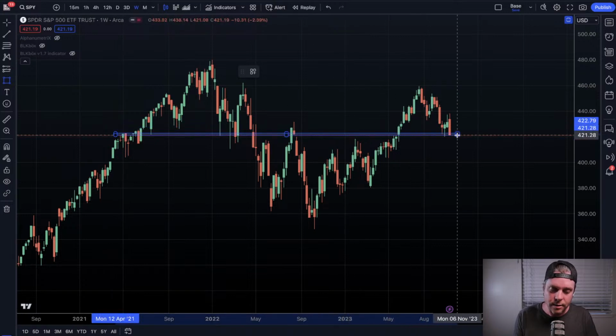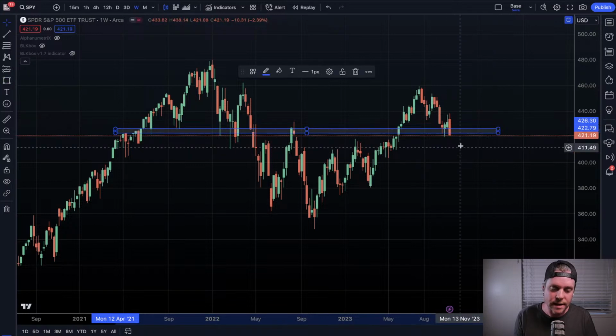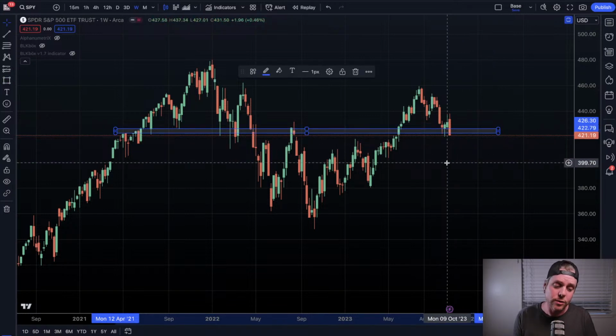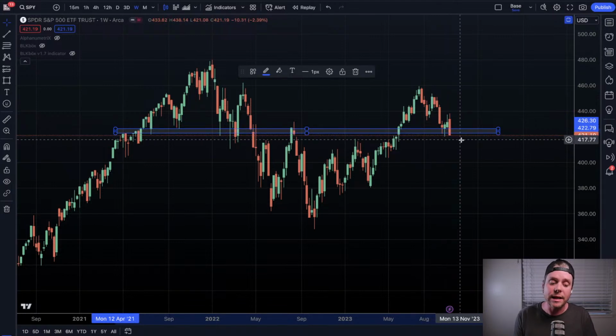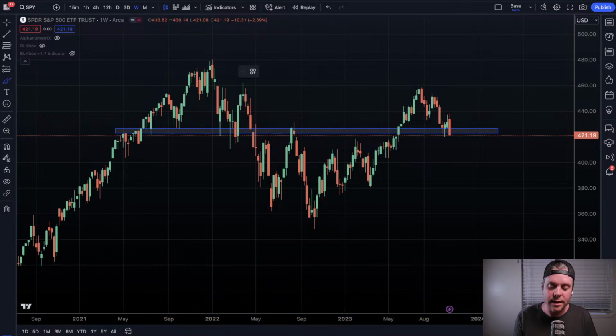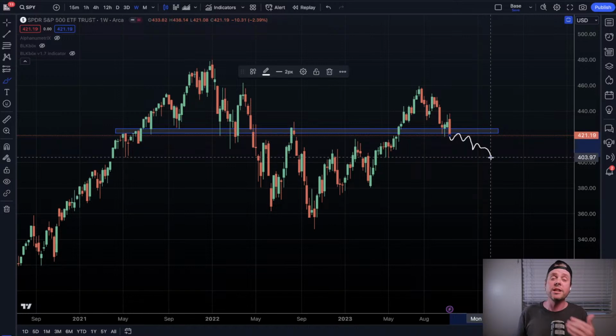Right here, down in this range. Yeah, we'll say that. And we're going to close with a really ugly candle. Really ugly candle. So this will likely break the support. This will likely continue to trend to the downside. So the equities markets are not looking as favorable, which can absolutely, without a doubt, bleed into the cryptocurrency market